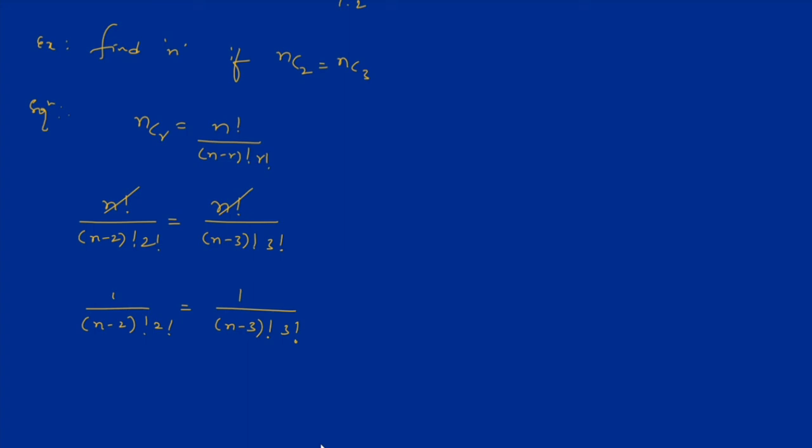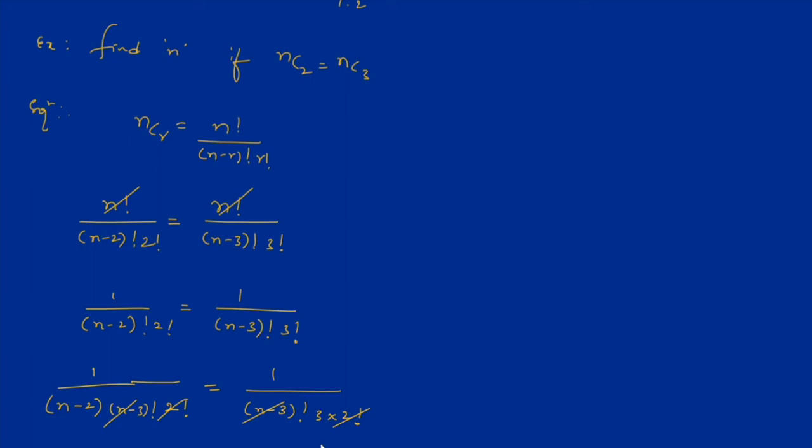So this 1 upon, (n minus 2) can be written as (n minus 2) into (n minus 3) factorial into 2 factorial as it is, again, which is equal to 1 upon (n minus 3) factorial into 3 into 2 factorial. The 2 factorial and (n minus 3) factorial get cancelled. Remaining we can write it as